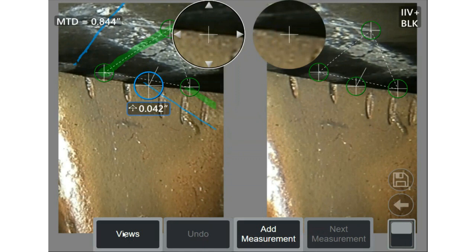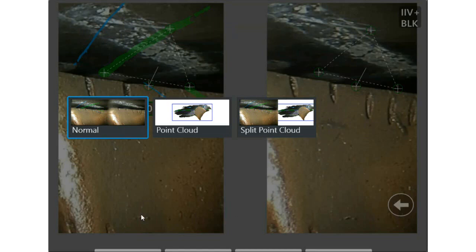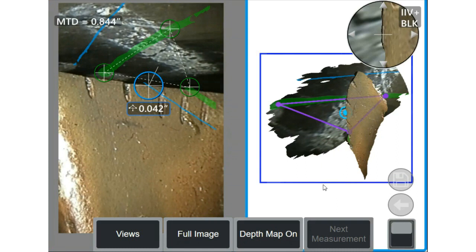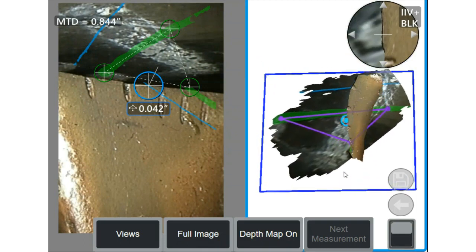But with Real3D, in your views mode, you can actually go into a split point cloud where you're looking at the white light image on the left. On the right-hand side you have your point cloud, and you can see the points. There's your triangular plane, and as I click on the bottom where this blue reference plane is bounding the area, and it's an extension of this mathematical plane out into space, if I click it on the bottom and start lifting it up slowly,